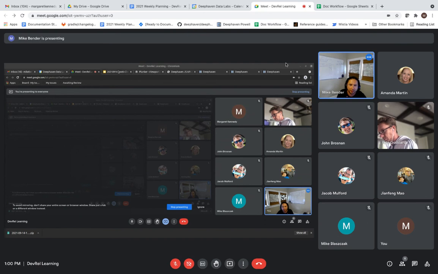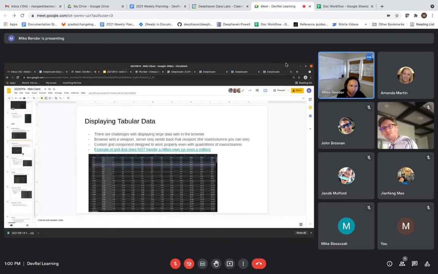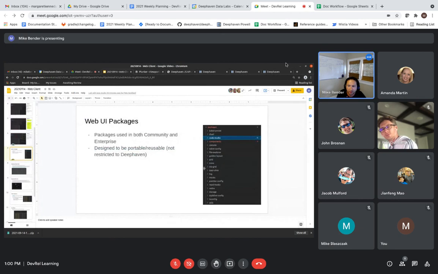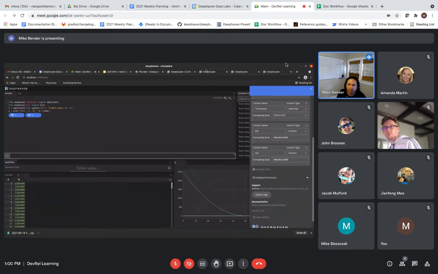So looking back at packages. Okay, so for example, here we've got grid and then we've got iris grid. Grid is a package that's designed to be portable and used in anything. It's really just a high performance canvas grid, and it doesn't depend on Deephaven for anything. It doesn't depend on our data structure or model or anything like that. So that can be reused anywhere. Iris grid does use our API and is dependent on our Deephaven structure, but it's just an enhanced version of that grid. So to give an example,